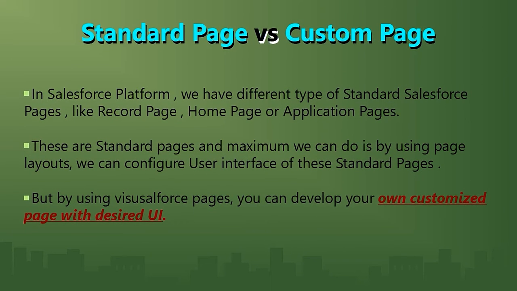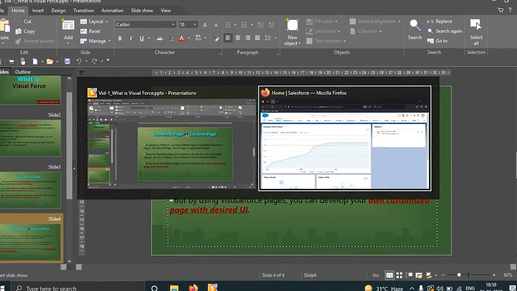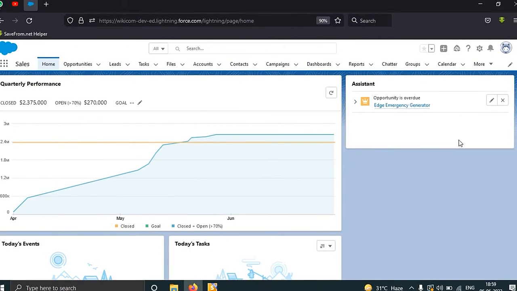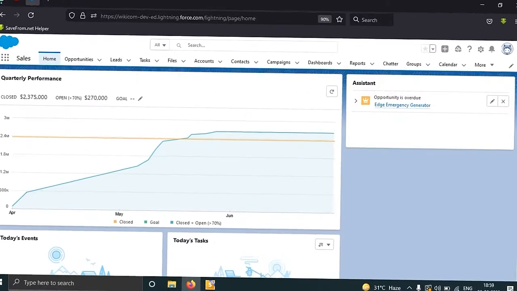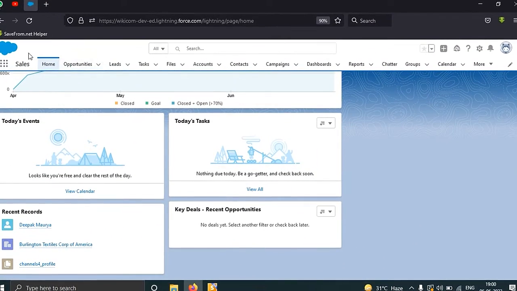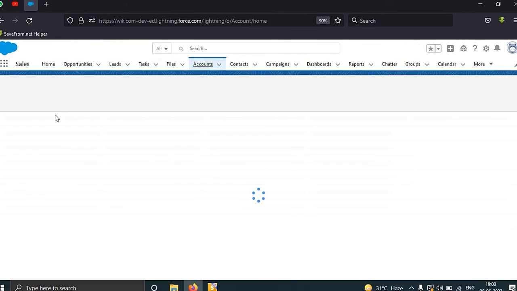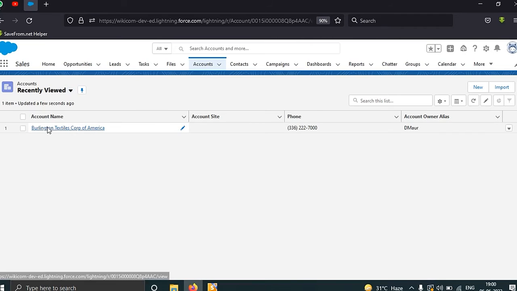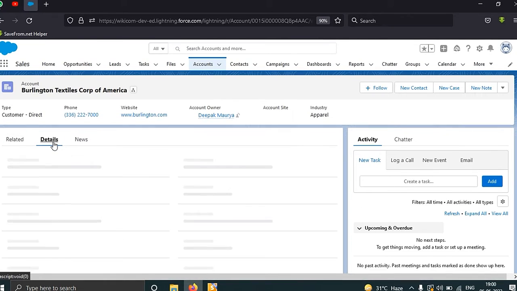So guys, a standard page is something which is displayed to us, like wait, I'll show you. Suppose on this Salesforce platform, this is the home page. Okay, if we go to any of the objects and we open any of the records, then this is known as a record page.